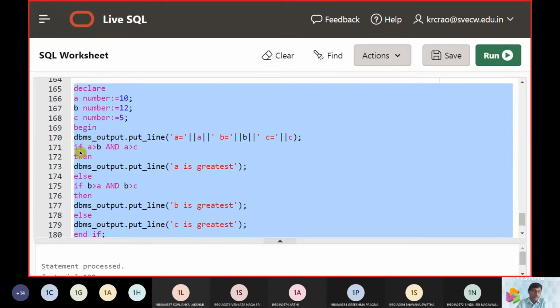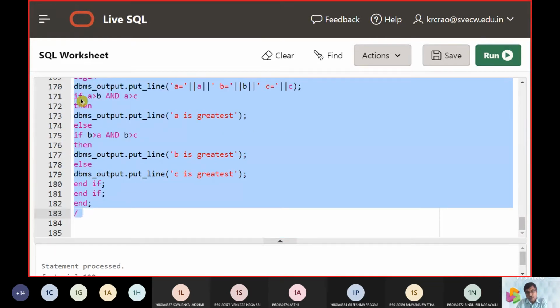Now we are working on the if here. If followed by condition; if you want brackets, you can put them, otherwise you can neglect them. Now we are using the logical AND operation. If both items are true, then only the AND operation is taken up. If any one of them is false, the AND operation won't work, right? So if A is true and B is true, then only the result will be true. If either A is false or B is false or both are false, everything will be false.